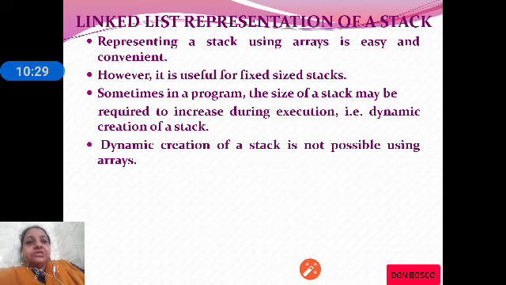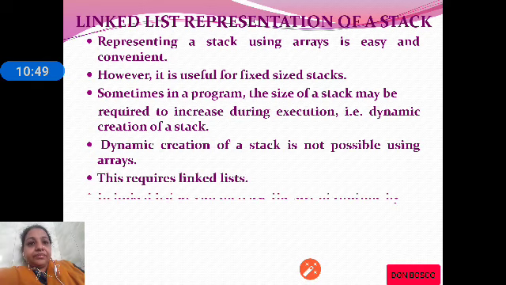Representing a stack using array is easy and convenient, but it is useful to create fixed size stacks. Sometimes when we want to increase the size during the execution of the program, dynamic creation of stack is not possible using array. In such a case, we use linked list.